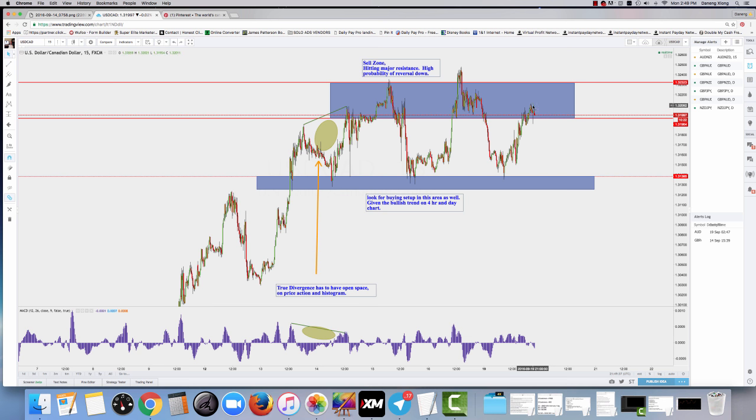And likewise, up here, if it reaches up here, you might want to also reconsider doing a sell, because if it breaks through this again, it might just keep on going up, okay? So you want to just keep those things in mind, but once and twice, it's pretty safe to play around with this range, okay? So let's take a look at this, and I'm going to teach you the 2 entry